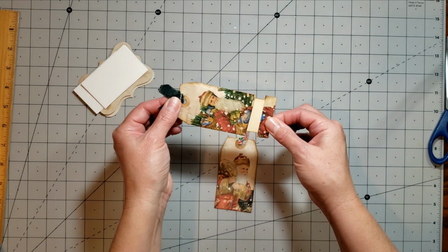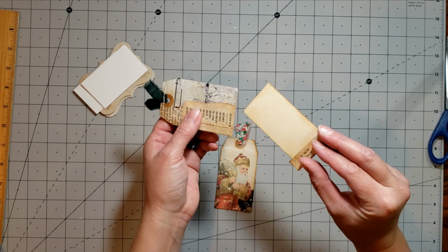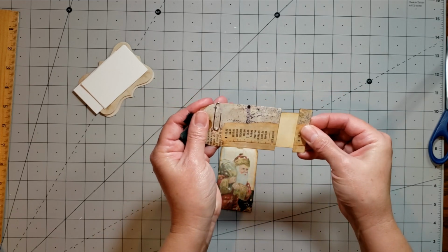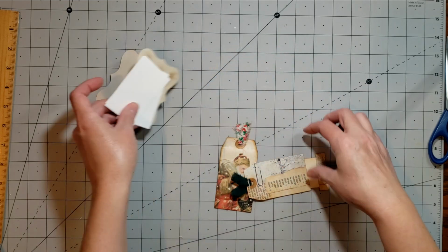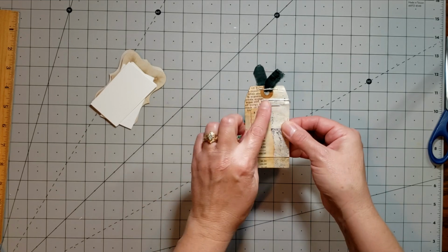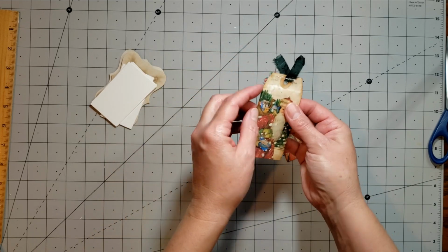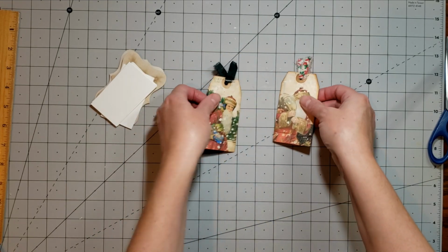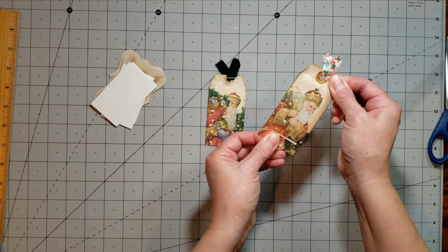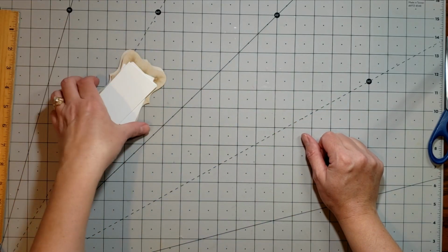You can make a little hidden note inside of these. This is a tag shape. Dee Dee has a punch for this type of shape. I don't, so I just used tags. But it's the same principle whether you use tags or not. And then she did the hidden paperclip or altered paperclip, however you want to say it. So this one I did the paperclip on this side, this one I did it on this side, so you have to decide which side of the page you want it on before you make it. So those are super duper fun, and I needed to make more Christmas things,